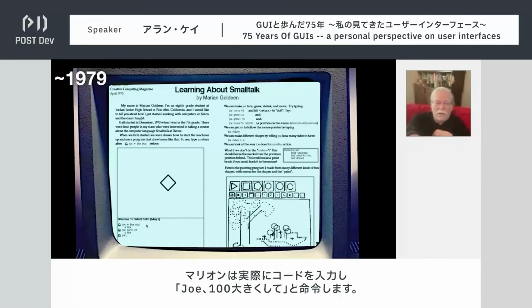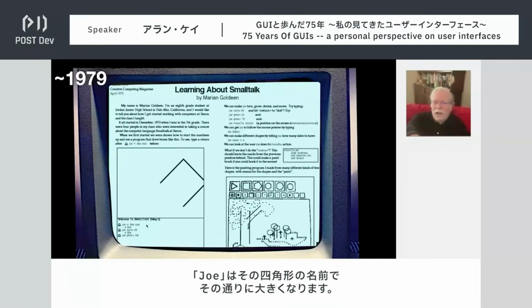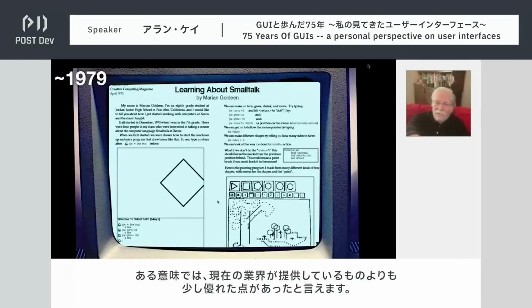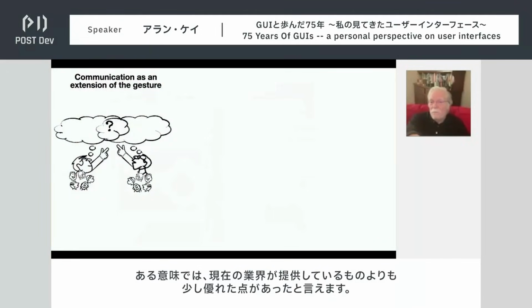She's actually typing code. She says, Joe, grow by 100. And Joe is the name of that box, and so it gets big, and so forth. So an interesting thing about many of these early systems is they actually, in certain ways, were a bit better than what industry has given us today.